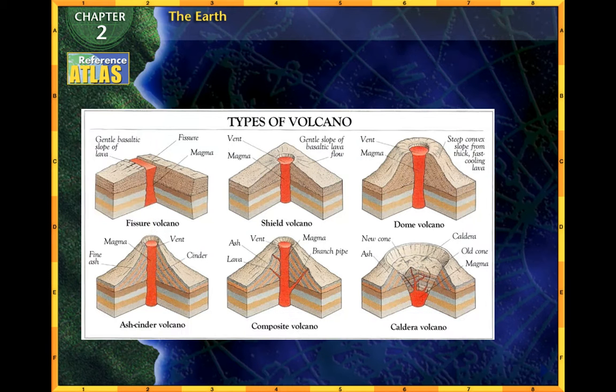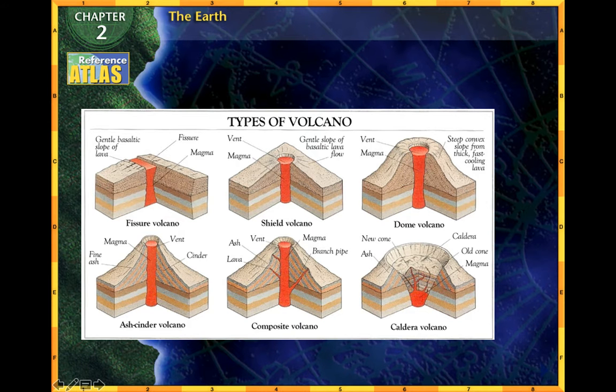You have several different types of volcanoes. You have your fissures, which is basically like a break in the earth that creates a lava pool. You have your shield volcanoes, which are very gently sloping, and they will send out lava, just kind of nice and gentle. You have your domes, which essentially do a lot of the same thing. While these can be dangerous if you get too close to the magma, most of the time they're usually just constantly going, and it's not really that big of a deal.